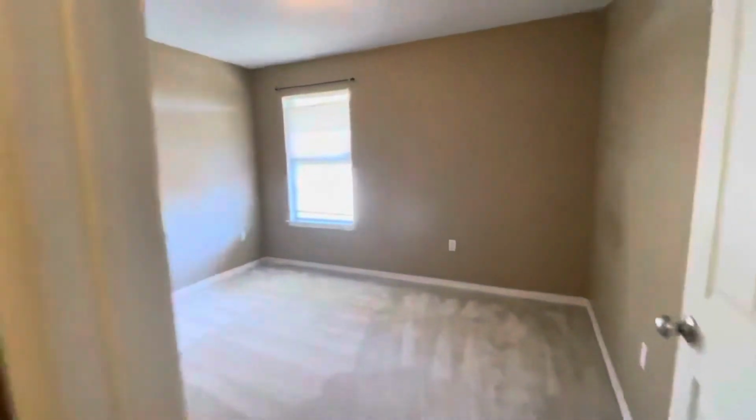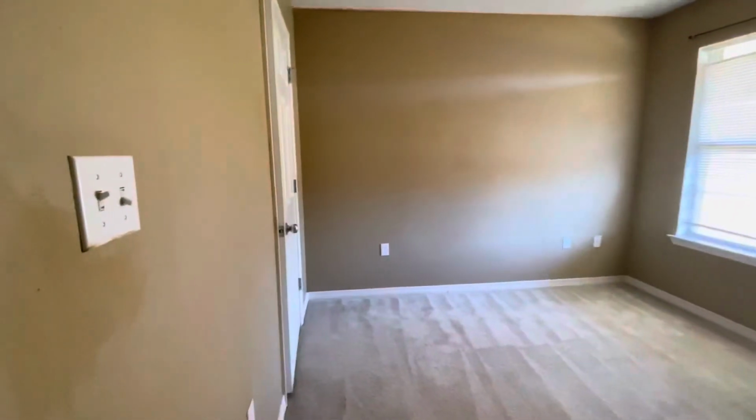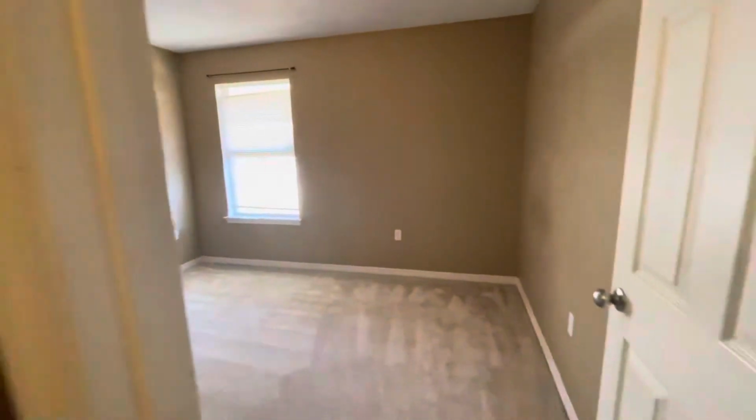Another closet here, and then here's our last bedroom. This is bedroom number 4. It's on the back side of the house. Coming back out now,